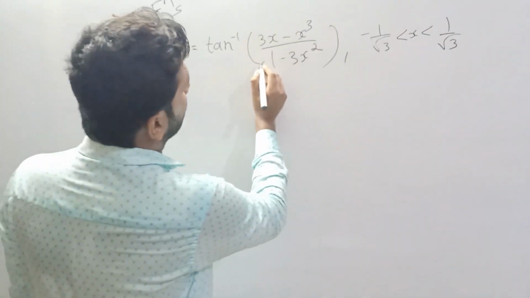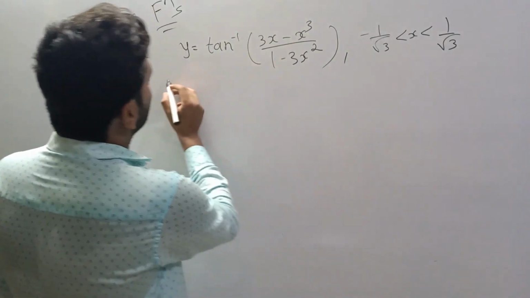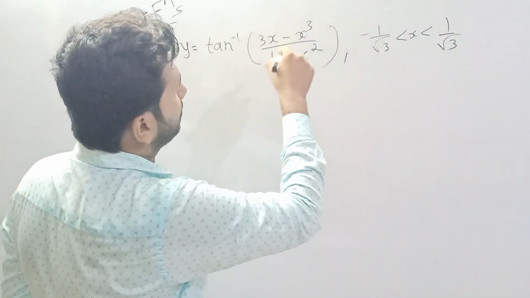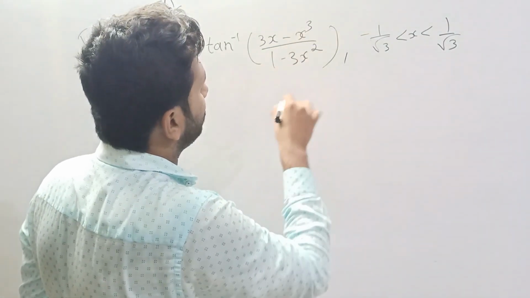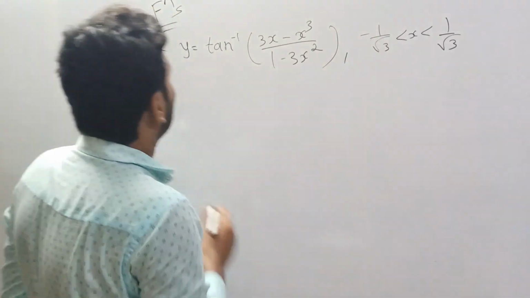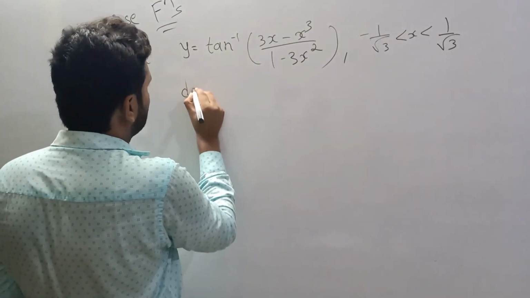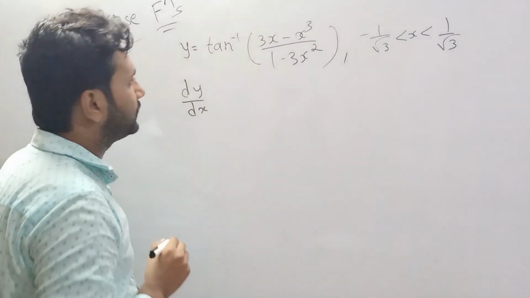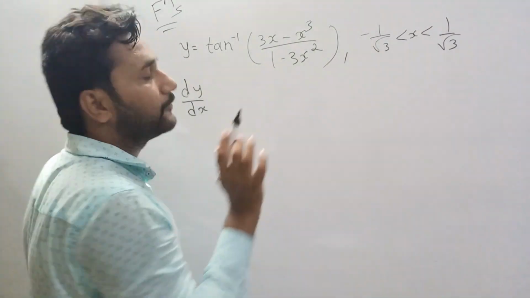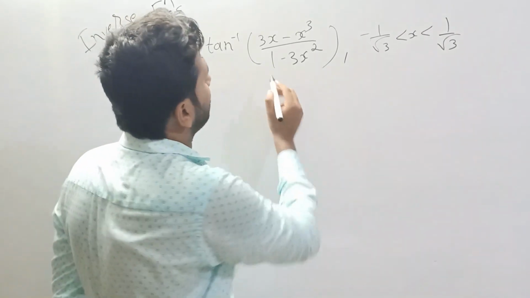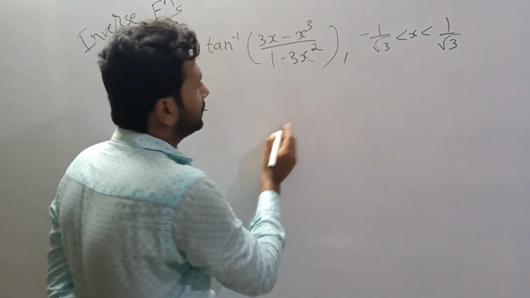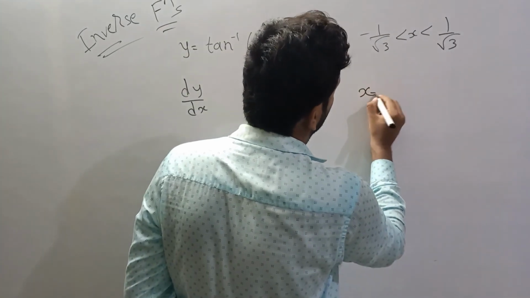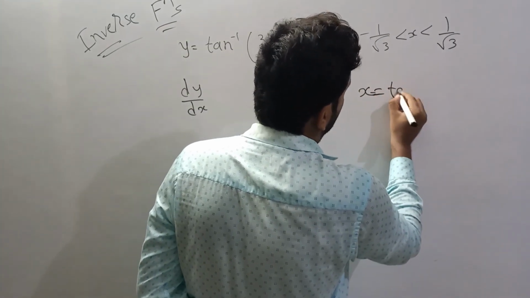So here, as you can all see, we have the question y is equal to tan inverse of (3x minus x cube) upon (1 minus 3x square). Find the derivative with respect to x. So how can we find the derivative in this case? See, if you know the formula of tan 3x, then this is the formula of tan 3x. So if we suppose x is equal to tan theta,